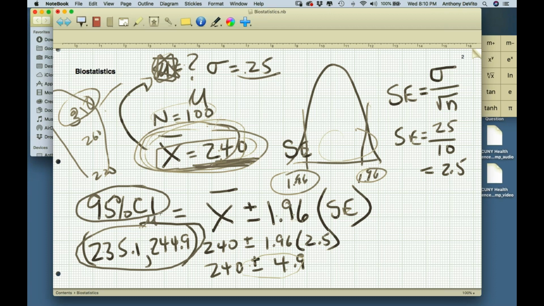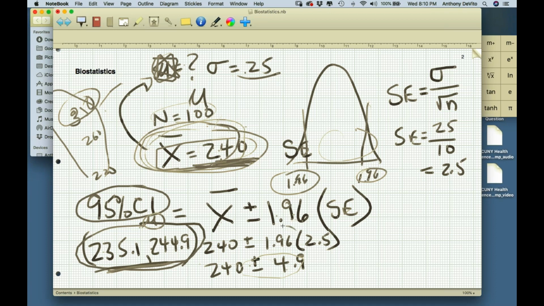Will we ever know exactly what mu is? No, but it may be good enough for us to at least understand the likelihood that it's within a certain range. At least now we have some way to measure what we know about the mean from a single sample. So you guys can imagine that might be valuable to us at some point, right? That's called a confidence interval.